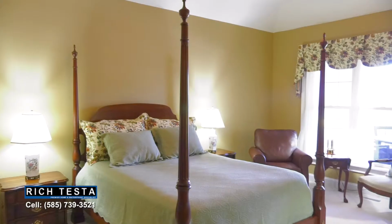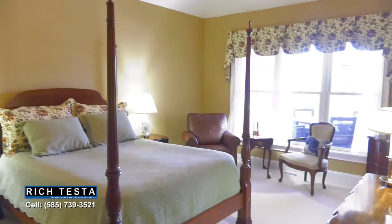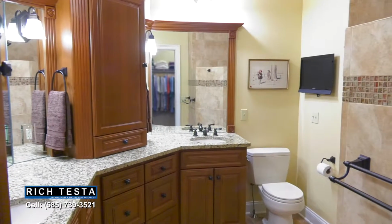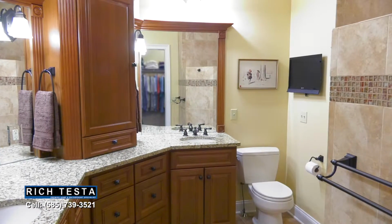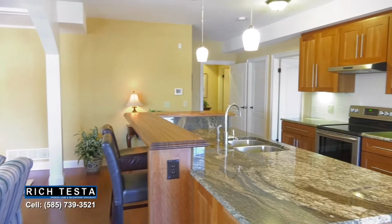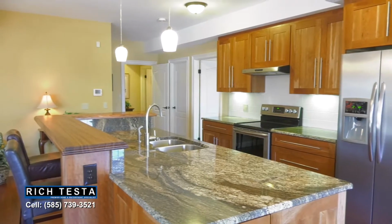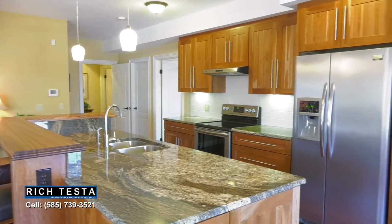and this fantastic master suite with a tray ceiling, a spacious walk-in closet, and an ultimate spa bathroom. With the same craftsmanship of the first floor, this amazing walkout lower level is ideal for entertaining or an in-law suite, featuring a second designer kitchen with beautiful cherry cabinets, granite countertops with a rare zebra wood breakfast bar, and